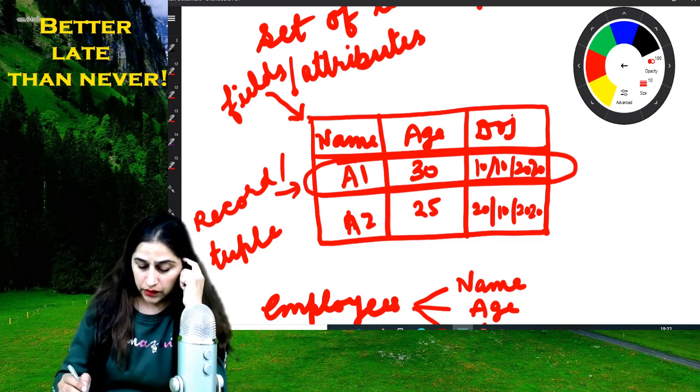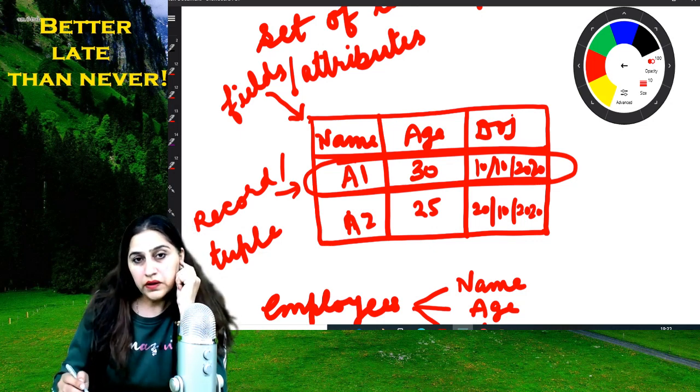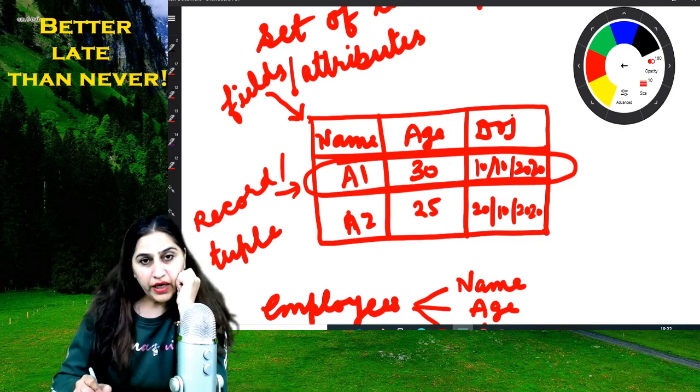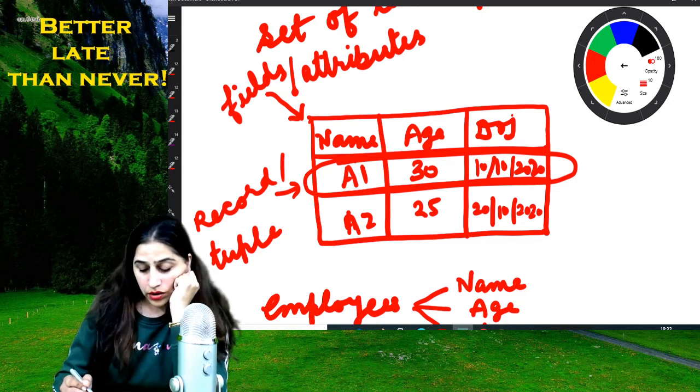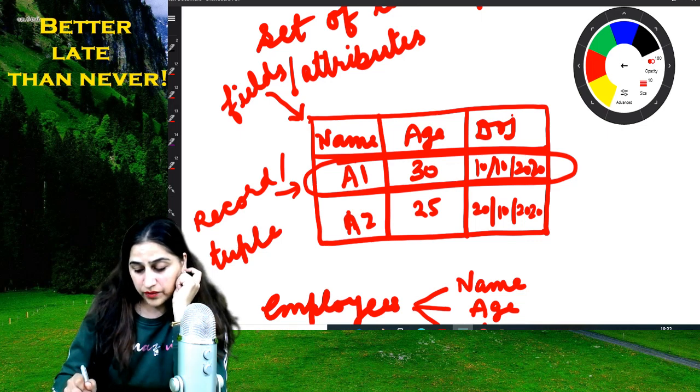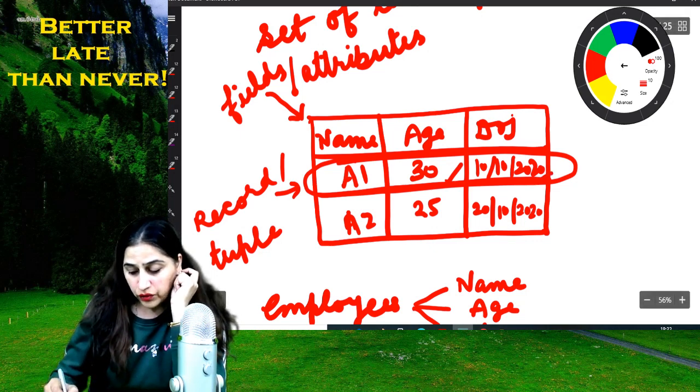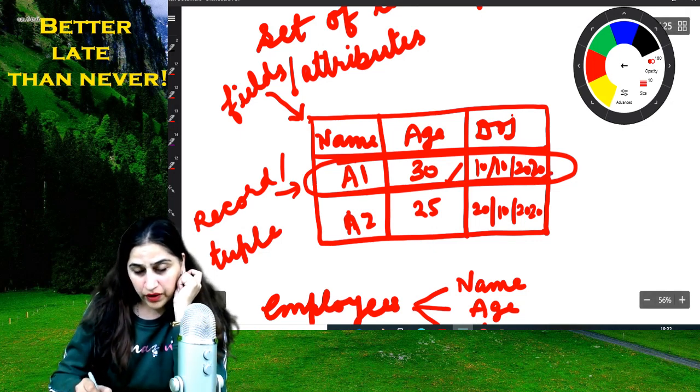If someone asks the attributes of employee A1, A1 has age 30. This is the value of age attribute for employee A1. This is date of joining of employee A1.